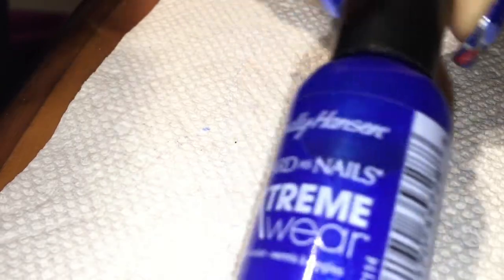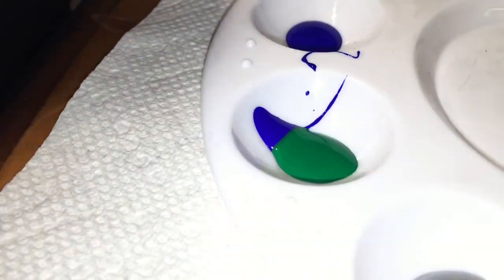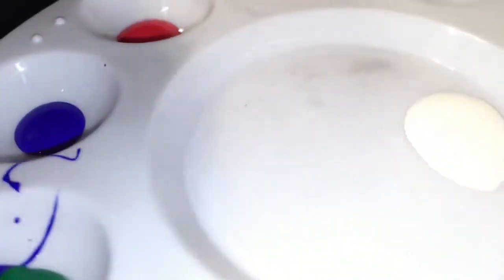Okay, after I applied Sally Hansen Extreme Hard as Nails Extreme Wear, the color is Pacific Blue. I also used my oily bonder, and then I used my Glisten and Glow top coat to seal all the design. I used a lot of acrylic paint, so I'm gonna show you my palette. These are all the colors that I used. I used black, white, green, blue. This is silver metallic. I used red, yellow, and I did a lot of mixing, but we'll talk about that